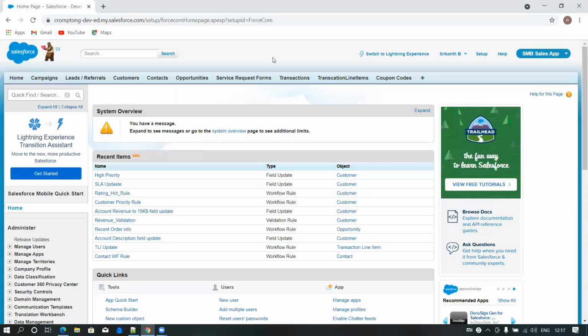Okay, so we are working on workflows, and we have seen some actions on the workflows, right? Similarly, let us say today I brought some business situation for you. When I open my opportunity,